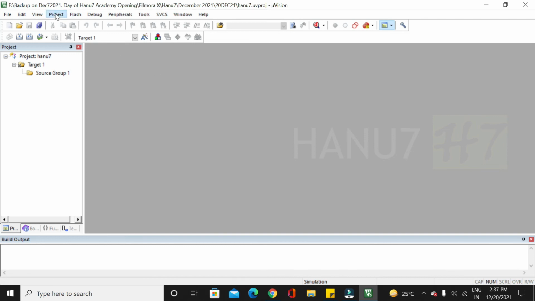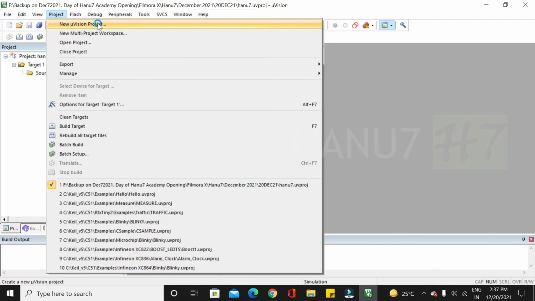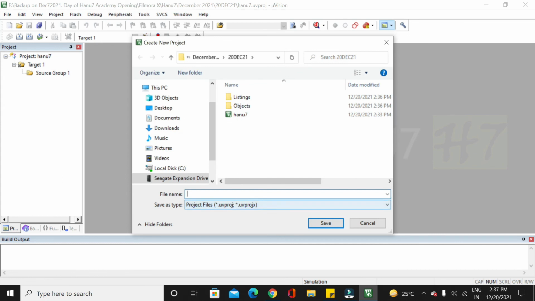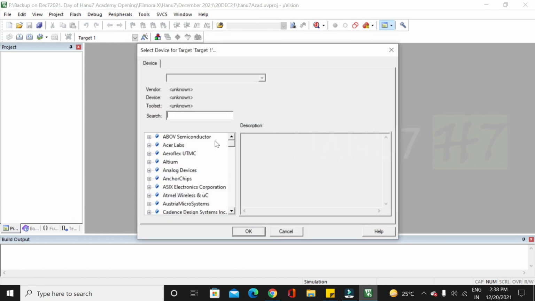I will tell again. Go to the Project menu, click New Project, give the name of the project. I already gave Anu7, so I am giving Anu7Acad, and then save. For the device name, select whatever target microcontroller you want to program.